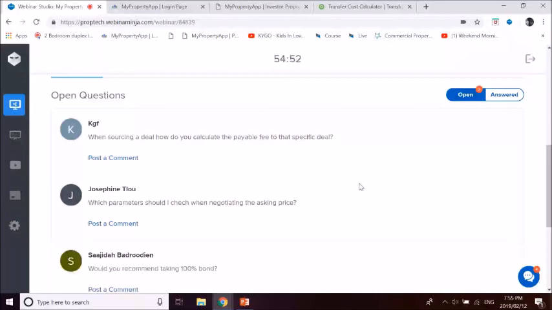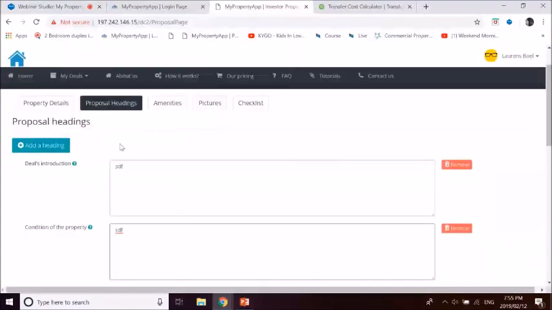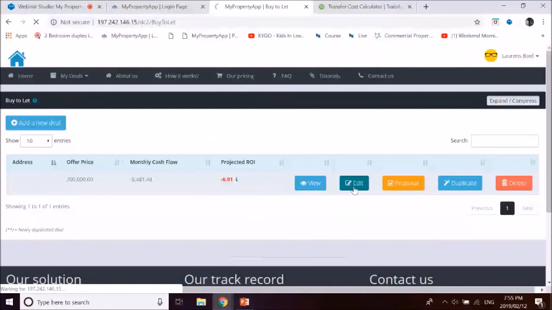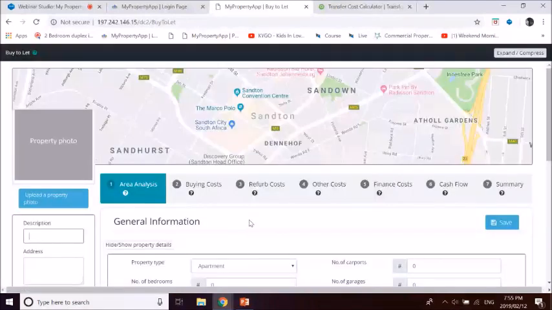What I want to add to that is that you guys have to be very careful when sourcing deals, because if it's done incorrectly, it can be seen as illegal by the Estate Agents Board. You need to make sure that this is seen as a finder's fee, and you need to get the right legal consultation, because if you're seen earning a commission off a property transaction, just be careful when you are looking at a sourcing deal.